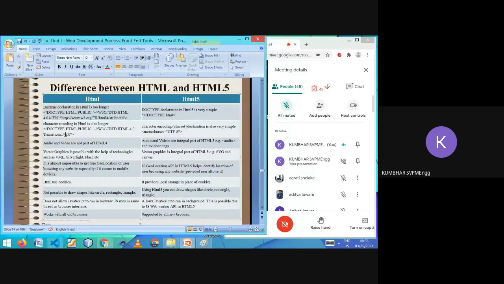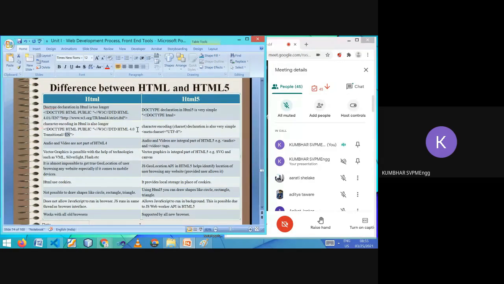If you find here it is given en, or one more word, there is MIME type. You might have heard meme type. So what MIME type is given, that we should mention on the top in the doc type tag, so that the browser can understand that that type of language encoding is used.